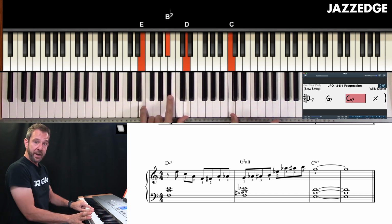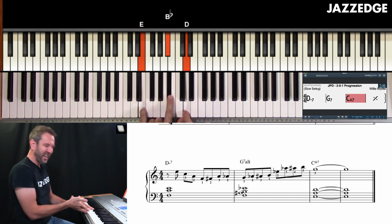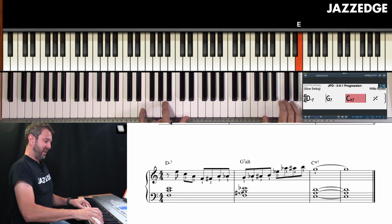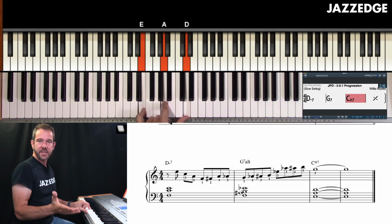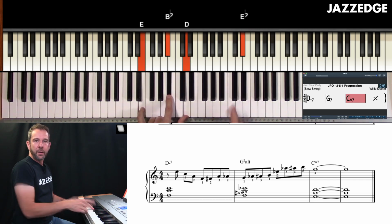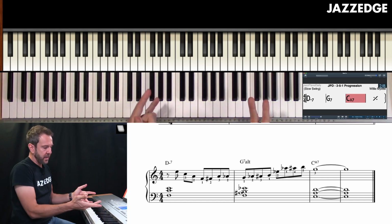Right, so we have that regular C7 chord that we were playing before. Now the question might be, well, wait a second, can I play the natural 9 even though I'm doing that? Yes, because the tension is going to resolve itself. Now, if you were kind of hanging on that, obviously that doesn't sound all that good, but